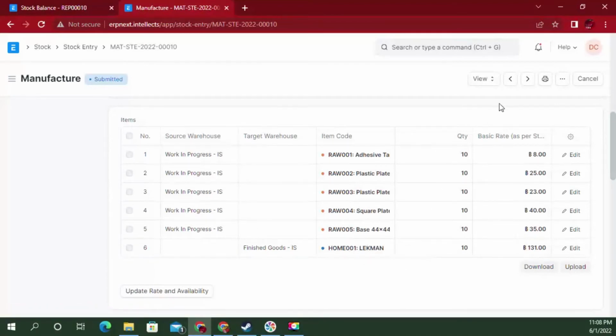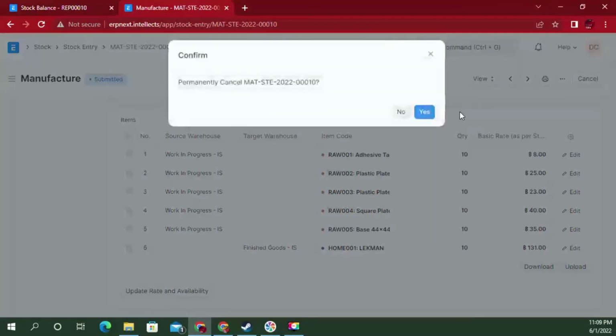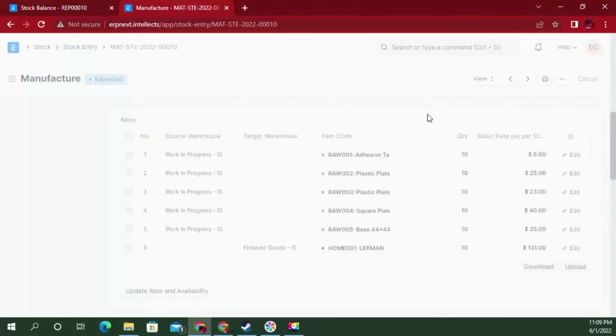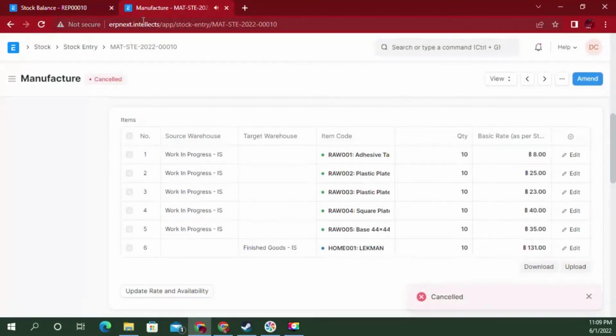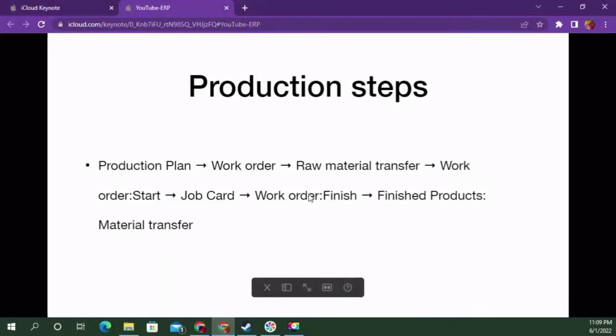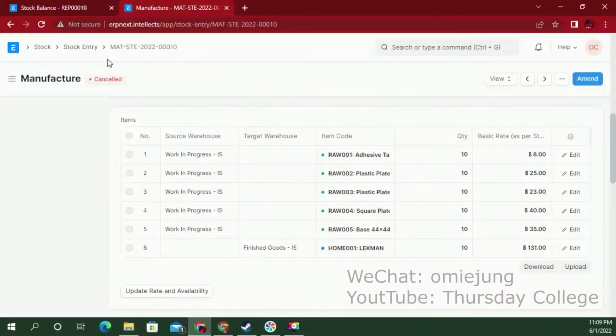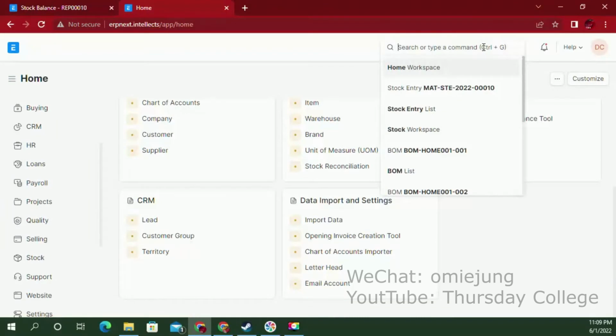So we need to cancel this one, since we haven't sold it. What we need to do is very simple: we just cancel. Once cancelled, when you cancel the work order, the status will change from finished to not finished, something like in progress. So you need to cancel the job card. Okay, so what you are going to do is go back and then go to the